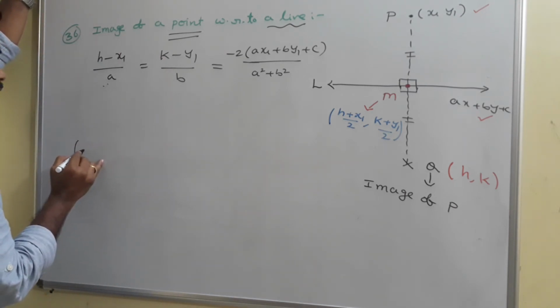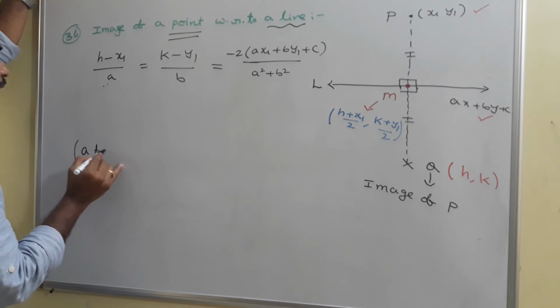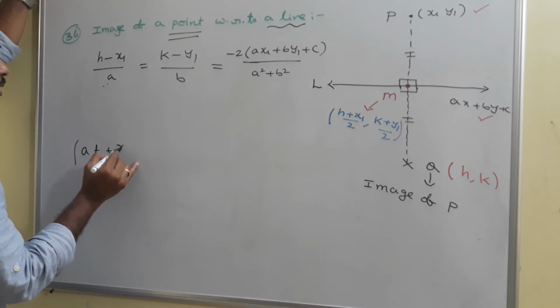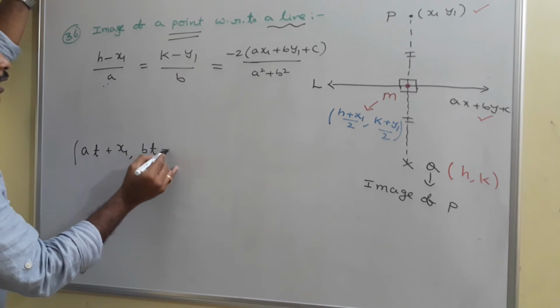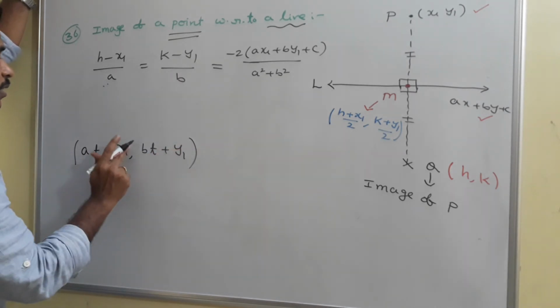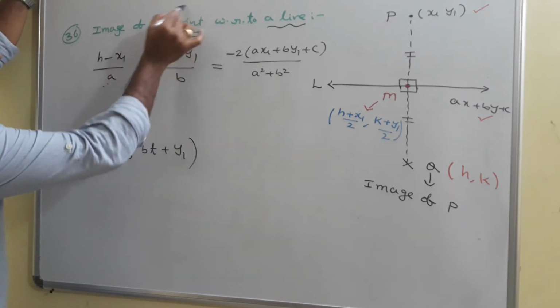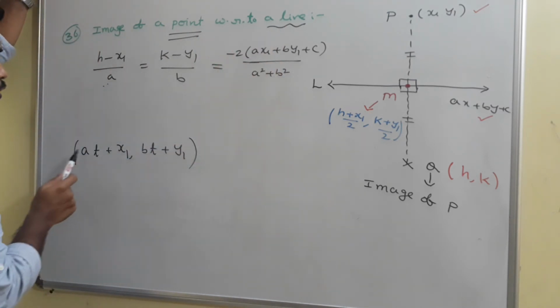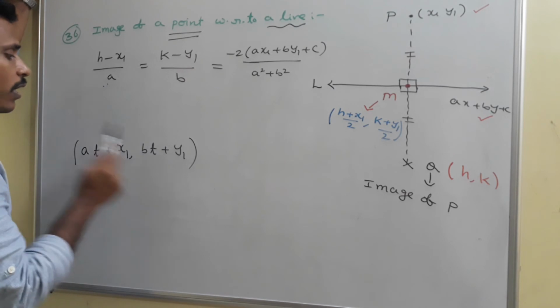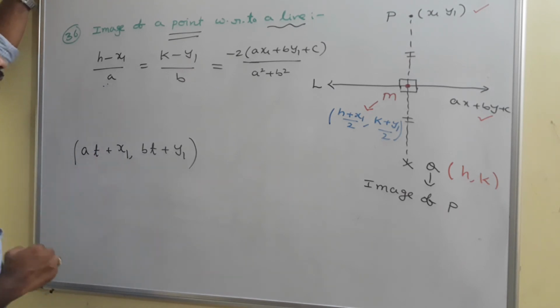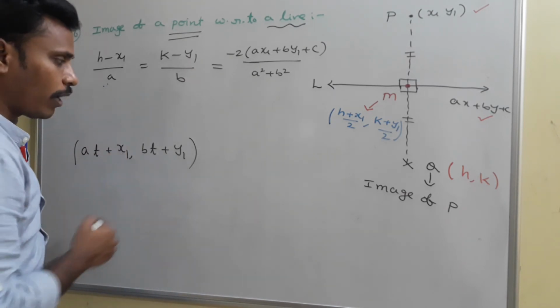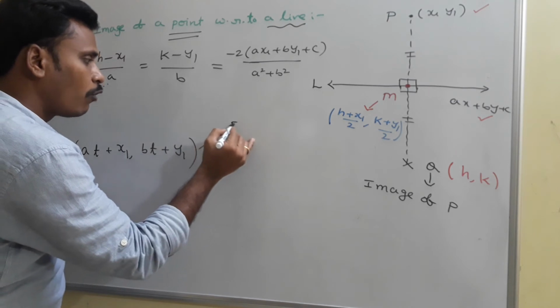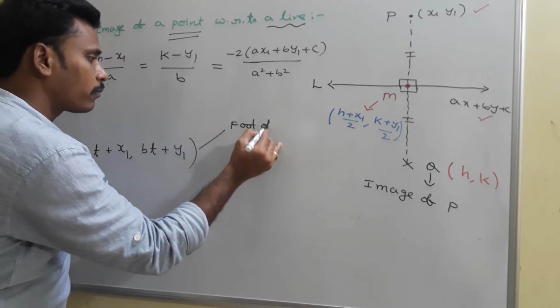See, if I have a point like at plus x1 comma bt plus y1, just take this point, okay? The question itself, x1, y1 is given. From the line itself we can find AB. So AB I have, x1 I have, and if I write this at plus x1 comma bt plus y1, this represents the foot of perpendicular